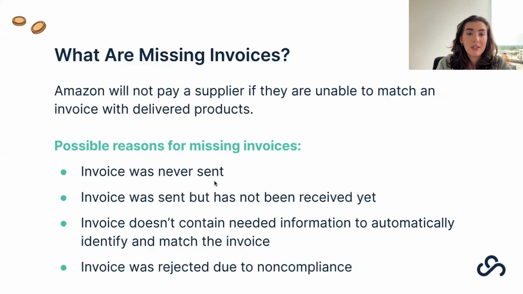So we're going to dive into each one of these, and we're going to start with missing invoices. So what are they? A missing invoice is what it sounds like, because Amazon will not pay a supplier if they're unable to match an invoice to delivered products. This is an issue that can happen for a couple different reasons, but essentially it's important to understand the technology